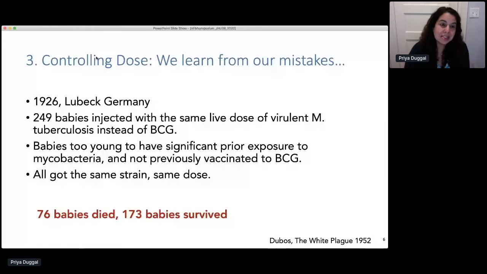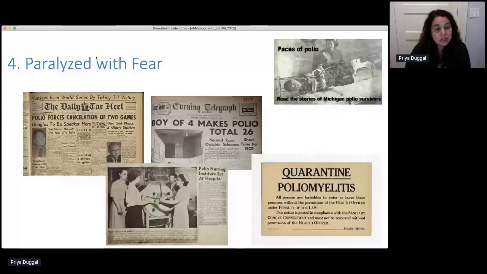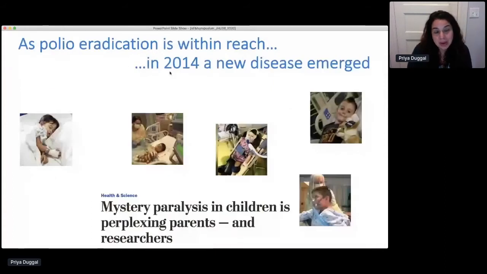And so that leads us to the next thing on my list, thinking about where other pathologies might fit, and where it's natural for us to go is the poliovirus, and poliomyelitis. These are headlines that some may look reminiscent of today, actually, when we think about quarantine, but really reflect what happened with polio, as there were large pandemics and epidemics here in the United States. And of course, as polio eradication is just within reach now, after so many years of us having to fight it, in 2014, a new disease emerged, and that's the focus of this symposium, this mystery paralysis, as they call it, acute flaccid myelitis.